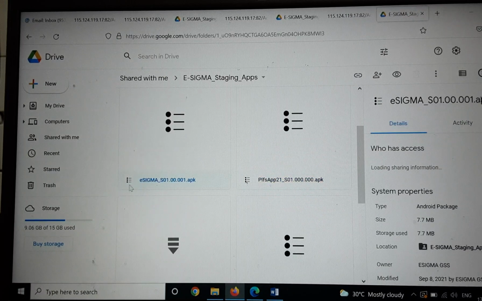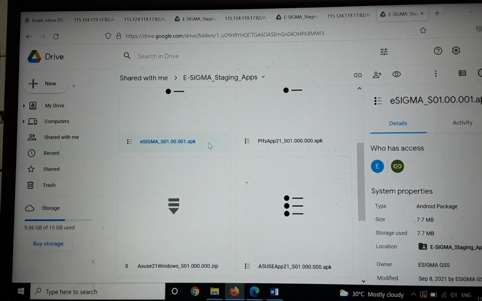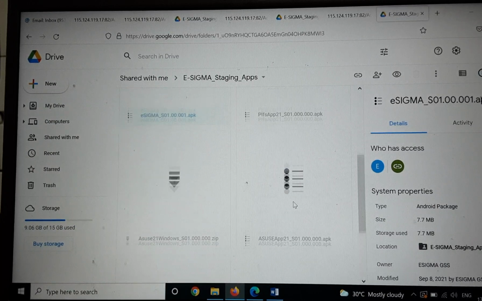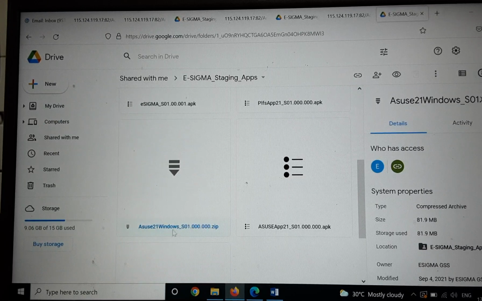Then the first link is esigma.apk, second is ASUS 21 Windows, third is ASUS 21.apk. I would like to mention here that all those links that end with .apk are meant for tablets only. In other words, these are the links which will be working on tablets. As we are giving this presentation on desktop version, we will be making use of the ASUS 21 Windows link.